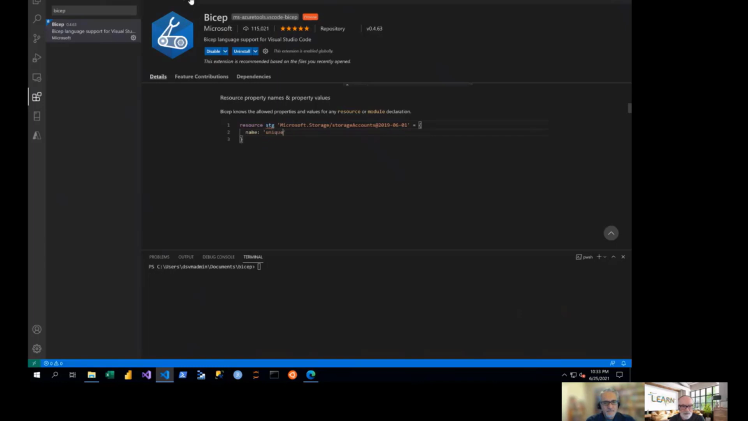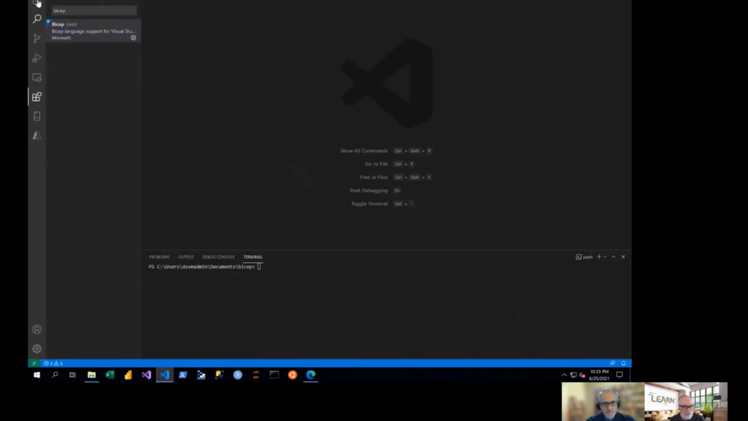So you can see here, I've got the extension. It looks like it's installed. So that was really quick. I'm going to go back to my files. Now you can see I created a file already here. But one of the things is